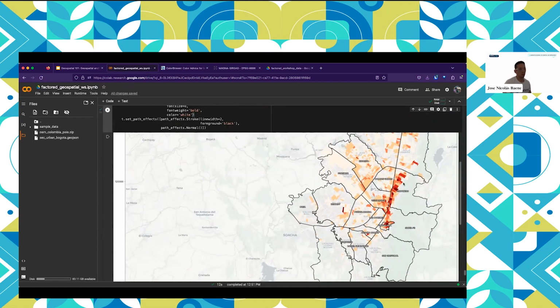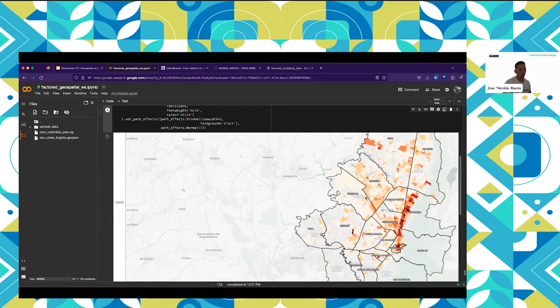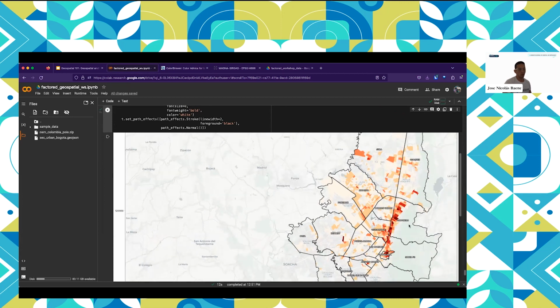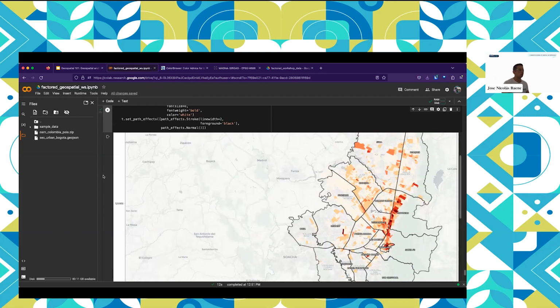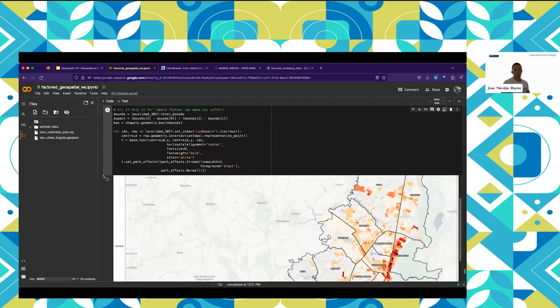So for people that maybe don't have more context about Bogota, well, they know this is called Usaquén, Chapinero, and you got some very cool names, very good maps. And I hope you got a good sense of the basics of geospatial, on what you can do. And I'm happy to answer any question you have right now. So thank you very much for your attention.